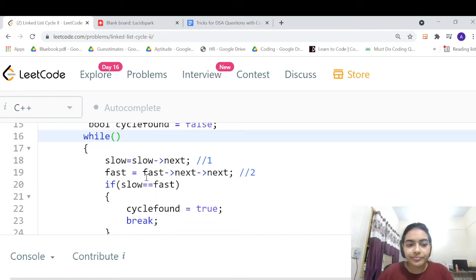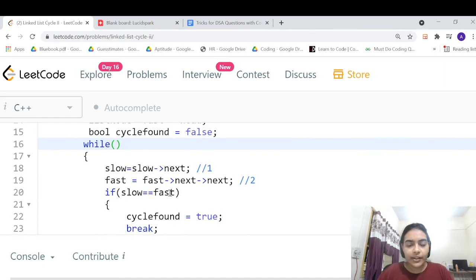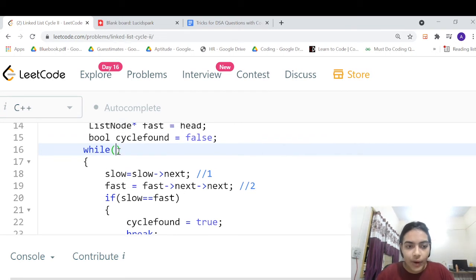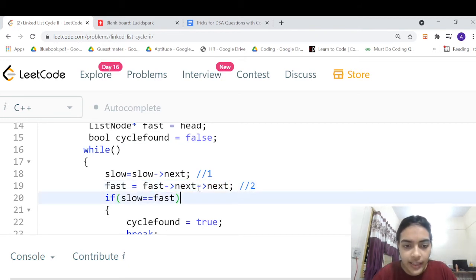But if they are not meeting, if there is no cycle in the linked list, then we'll have to give a condition. Now what is the condition you will have to give? First of all, this should be valid, because if this is null, how will you find the fast next and then again next? If fast is null, then this will give a segmentation fault.